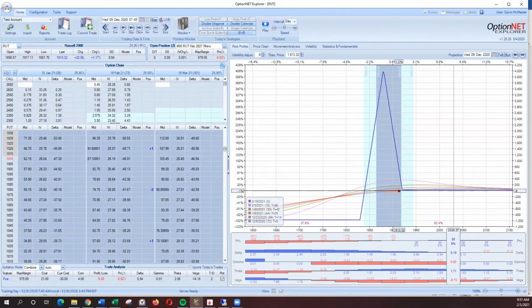Hey traders, just want to walk you through our February Rhino trade in the Russell. So starting off on December the 9th, we're in Option Net Explorer here. We had our standard setup to start with,